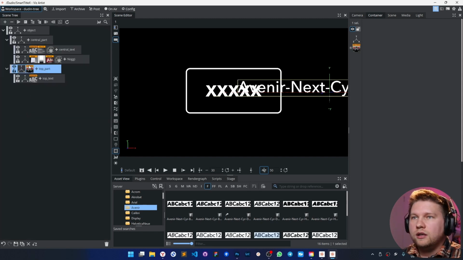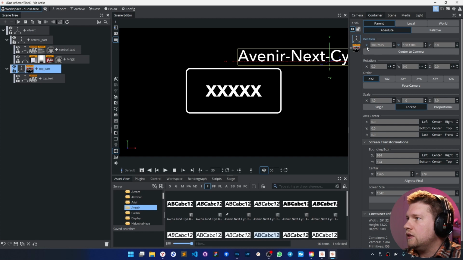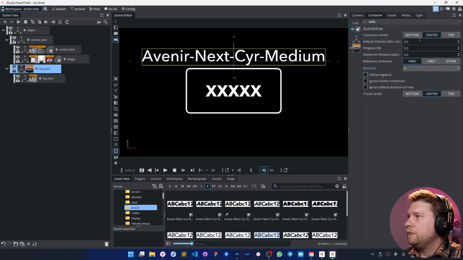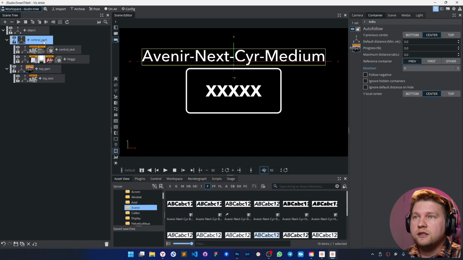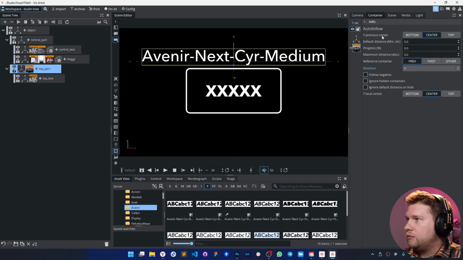And as you can see, it's working wrongly because the default axis direction is X, but I need only Y. And of course I need to reset the X position to 0. That's fine. And as you can see, it seems fine, but it's still not good because the previous center is defined as center. That's true, because if I select the central part, you see the pivot point of this element is almost in the center. So that's a perfect setting for the previous center. But for the local center, it's the wrong one.